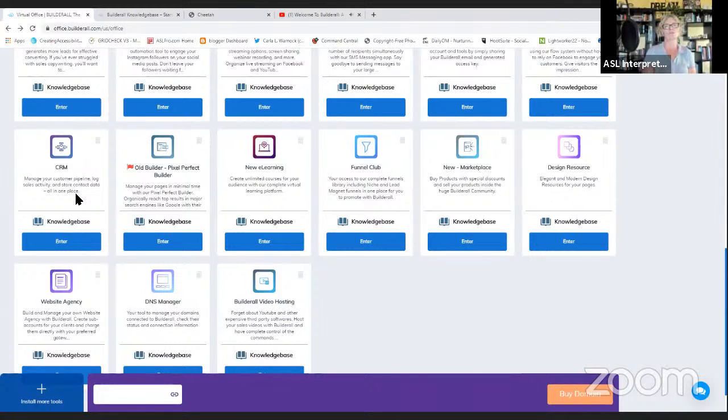This allows you to keep track of if somebody has fallen off. Once you get a whole lot of customers and a whole lot of downtree here in Builderall and a whole lot of business going on in whatever business you bought Builderall to promote, if you bought it to promote something other than Builderall,